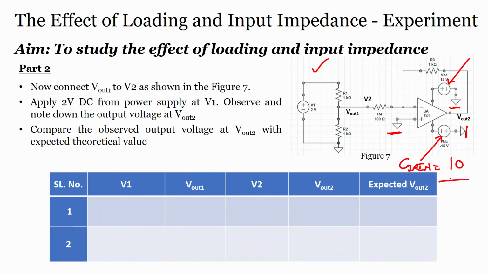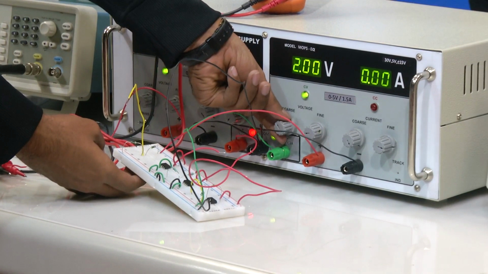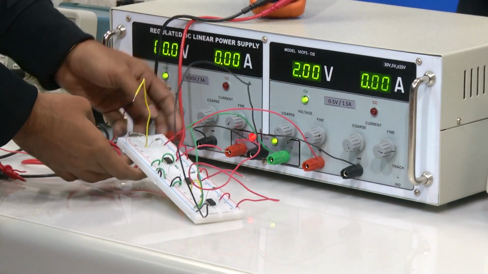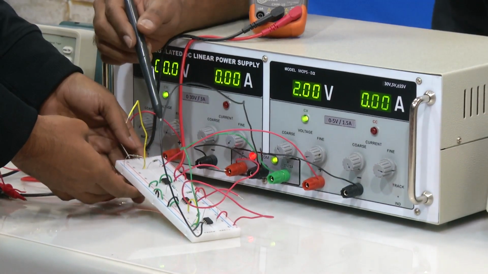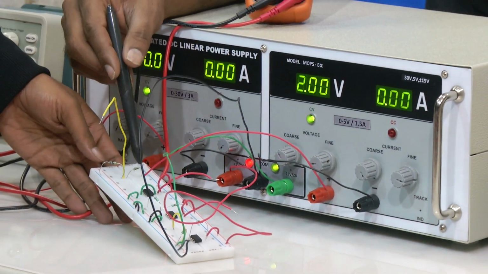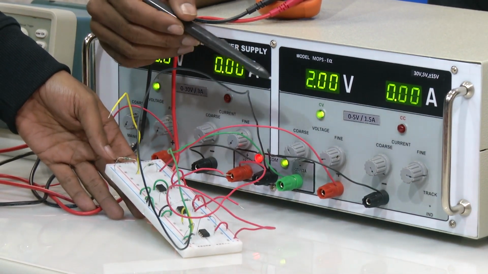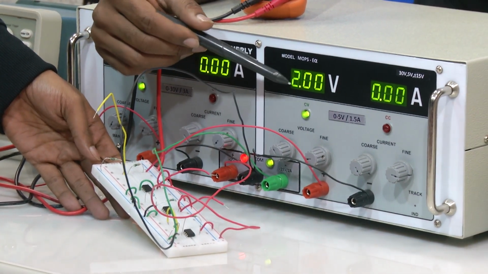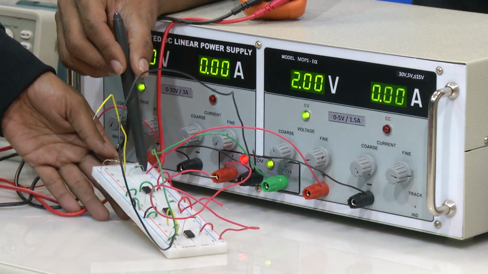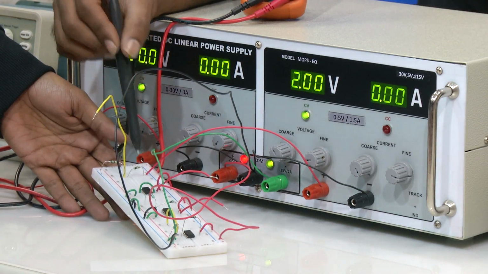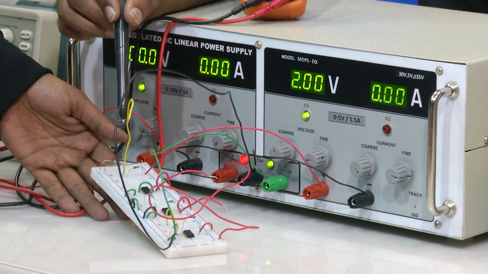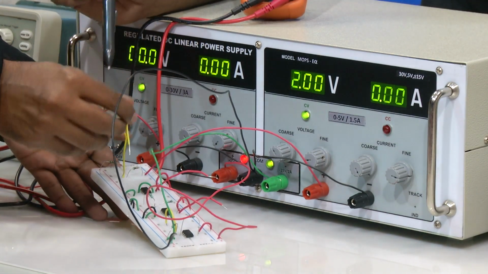Now, let us connect this circuit. Again, Suman is there to help us. If you see the DC power supply and the breadboard, he has applied the voltage to the input of the potential divider. How much voltage has he applied? You can see 2 volts here. So, he has applied 2 volts across the potential divider. Now, this is the output of the potential divider that he will connect at the input of the inverting amplifier.